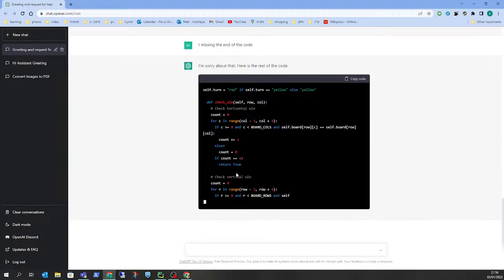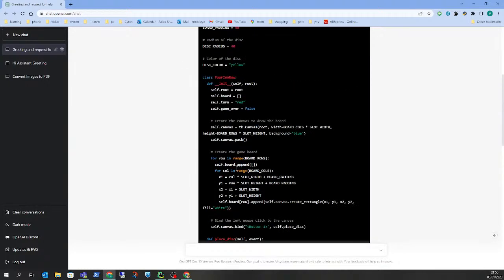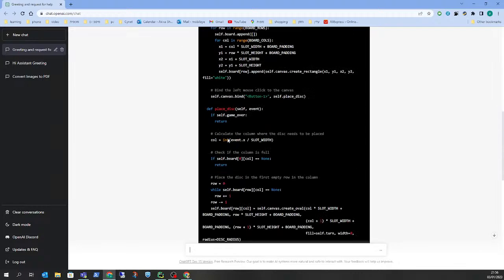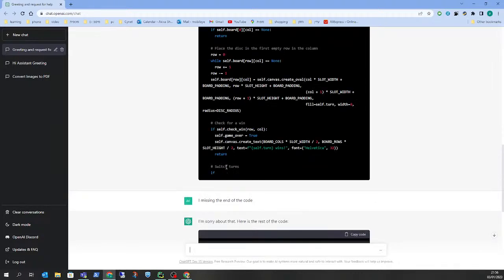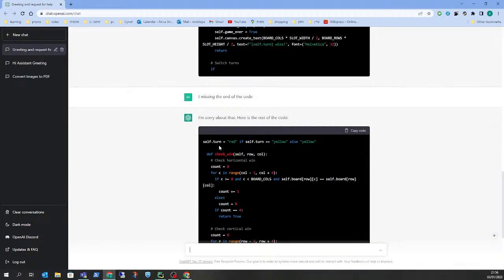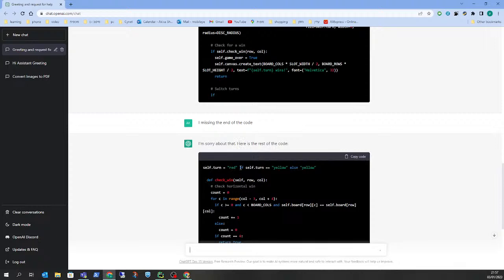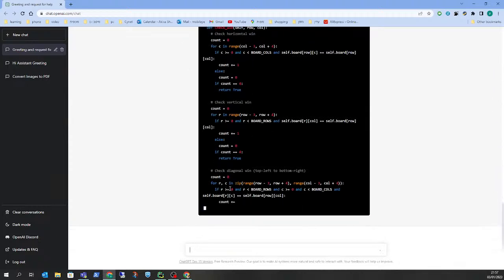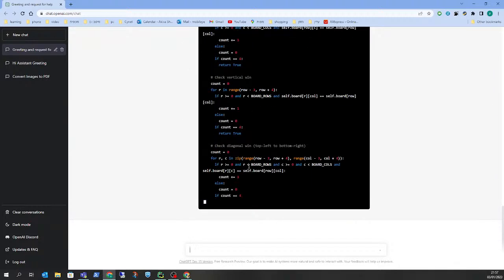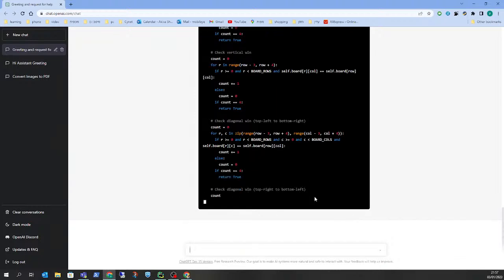I think it did something really strange because I didn't see the check win here anywhere. So switch turns. Maybe if self turn. Oh, so we might add this. Might work. Let's see.